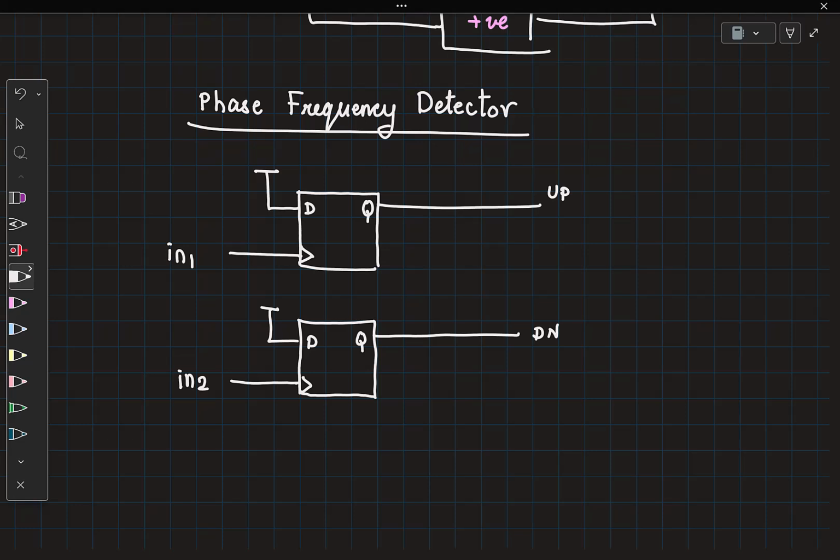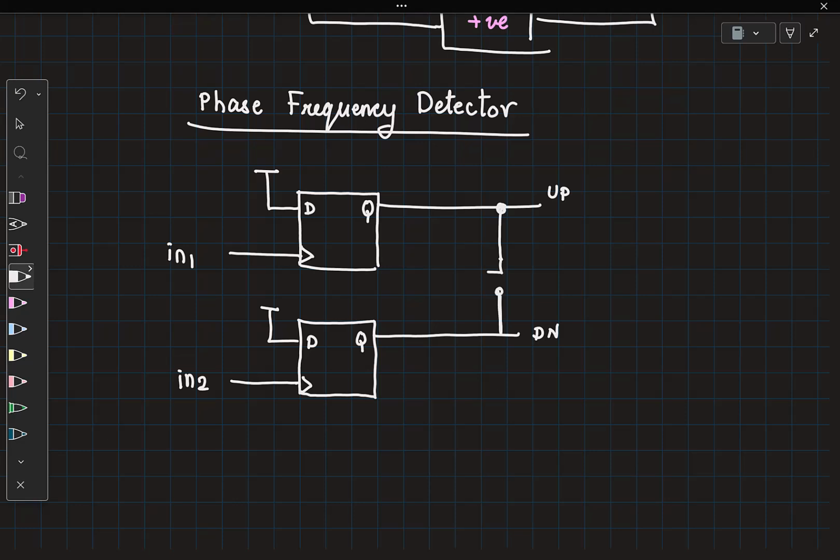After the very first rising edge, right, your up and down have gone high. Now this system is not sensitive to any further rising edges because the input is always pulled to high, right? So what can we do? I need to have a reset signal, right? Every time my up and down have gone high, I need to reset it. I directly use that logic, right?